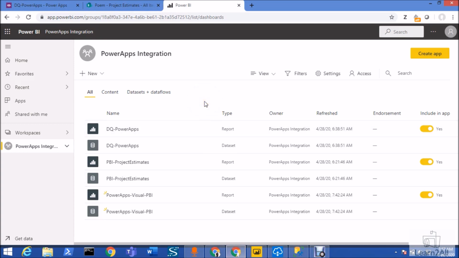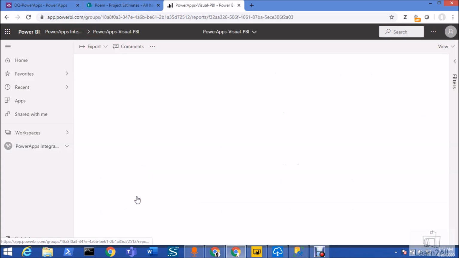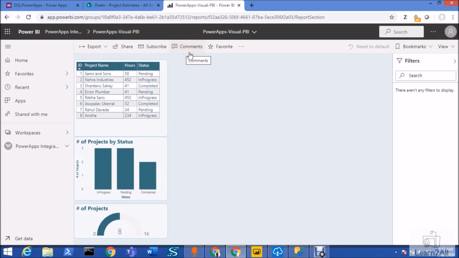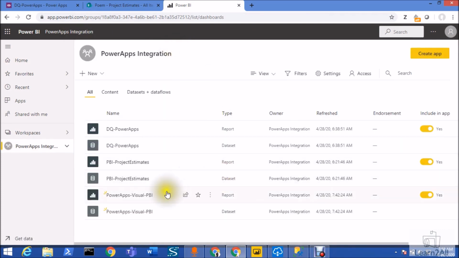So this is my Power BI service account and this is my workspace. You can see this is the published report. Now our report has been connected with the direct query mode, so it is recommended to have gateway connectivity there. If you don't have a gateway connectivity, when you publish that report, you will see an error in your report. So make sure that the gateway has been configured properly. If you don't know how to configure a gateway, I provided the link in the description box. Please go through that article. Now let me quickly show you the settings you need to perform after configuring the gateway.